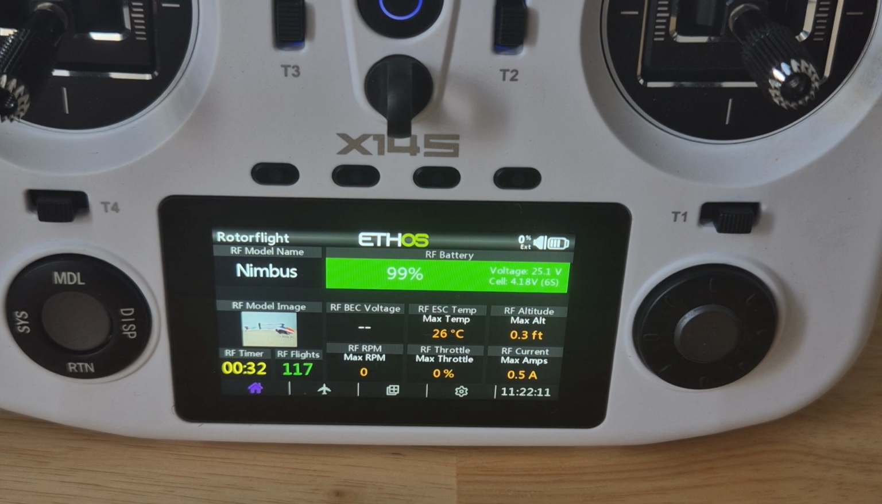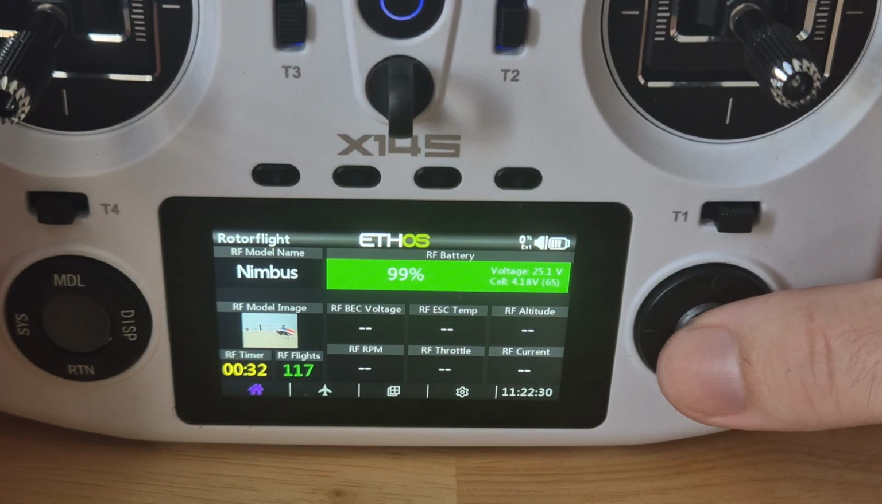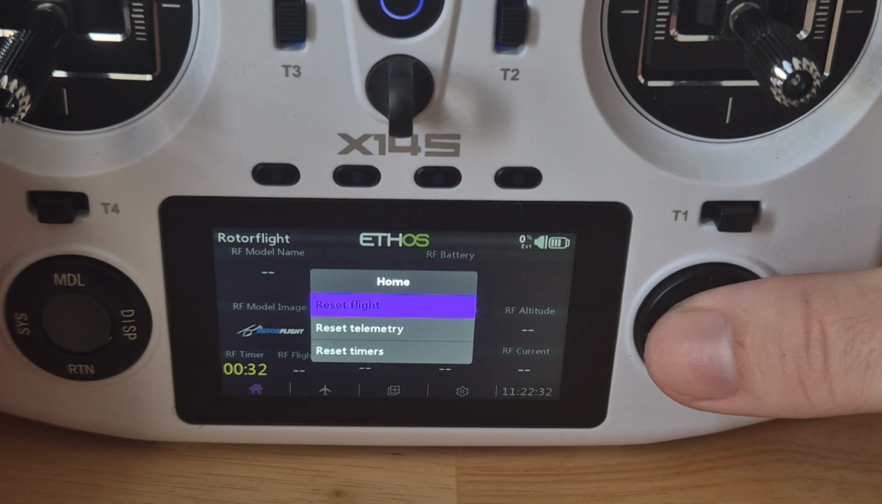Number of flights, etc. Those values will stay on the screen for whatever duration you configure. By default, it's 30 seconds. So you will see momentarily that those will disappear, as they have now. So now what you do is you do a flight reset,